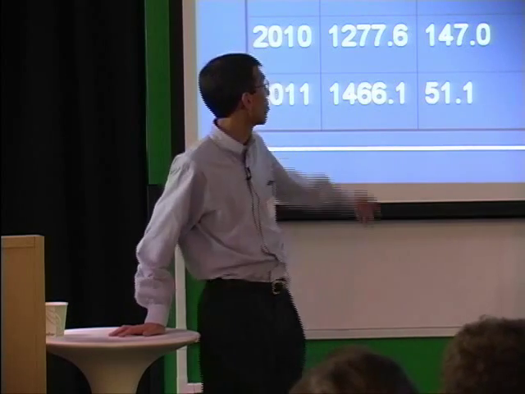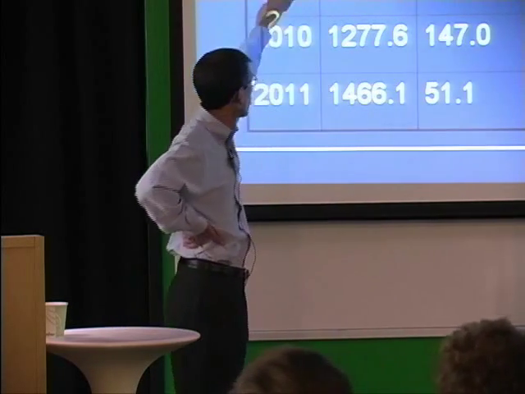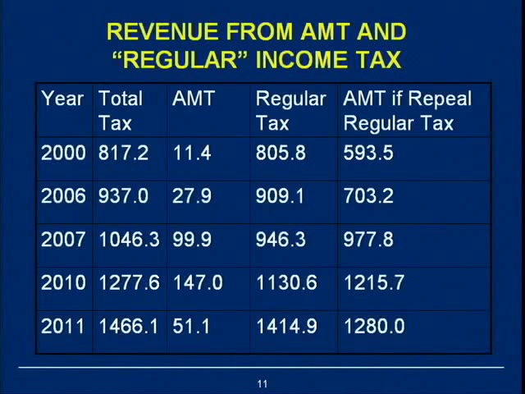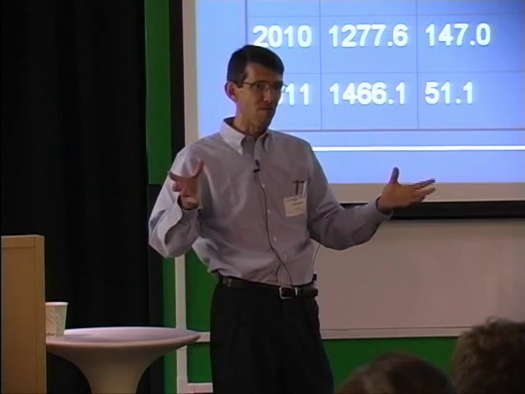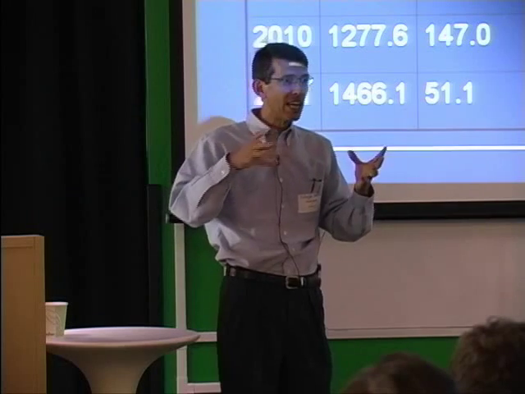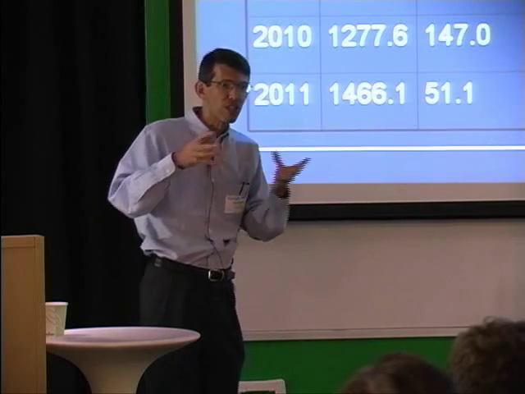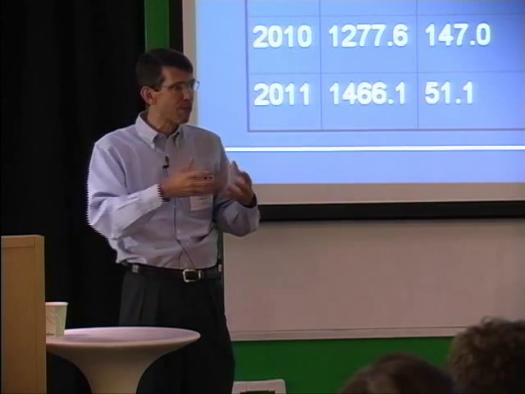But let me just explain what that means. Here's the total income tax being collected by the combination of the regular income tax and the alternative minimum tax. In 2007, that's a little bit over $1 trillion. Just, since you're not all economists, the US GDP is about $13.2 trillion. So, you're picking up something on the order of 1/13, 1/12 of the economy in terms of federal taxes